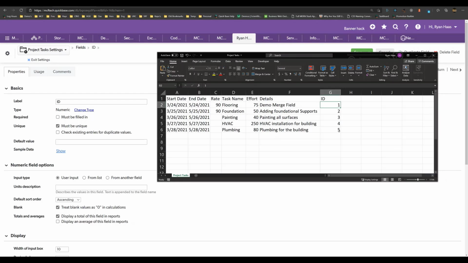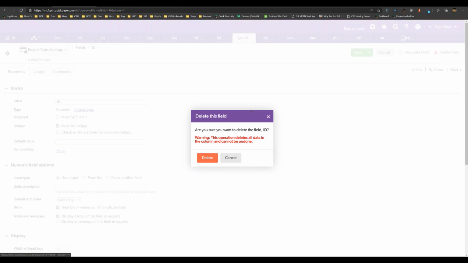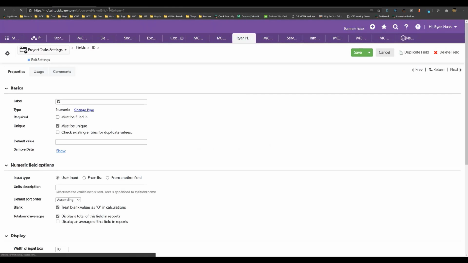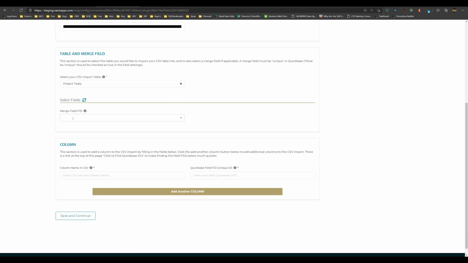So for this setup, I'm not going to have a merge field. I'm going to go ahead and get rid of this from my document. Now I'm going to go ahead and delete this field from QuickBase. But I just wanted to walk through that real quick with you so you knew going through this configuration what that related to. So if I wanted a merge field, I could go ahead and click this drop down and I could select ID. Since I don't have a merge field in my CSV, I'm going to skip this field here and move on